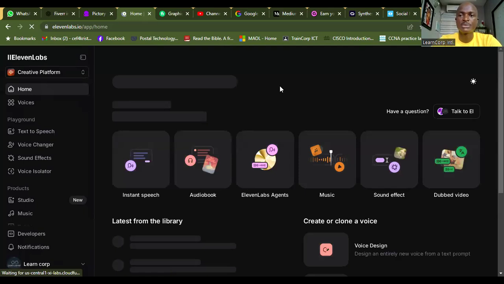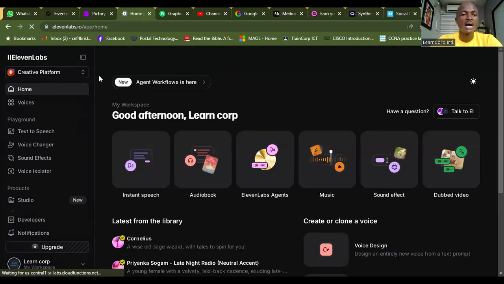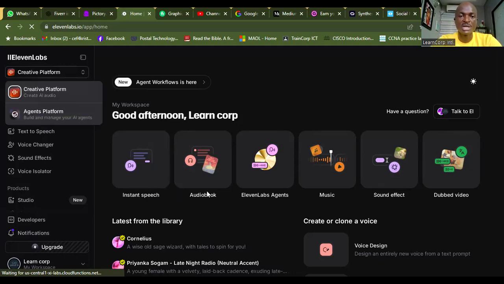So this is what 11 Labs looks like. I hope you can see my screen. Very fantastic. You want to go get your account. But for the level of what I wanted to do, I would need a subscription, and I wasn't ready to do that. Under creative platforms, you can have instant speech, audio books, app agents, music, sound effects, and so much more.